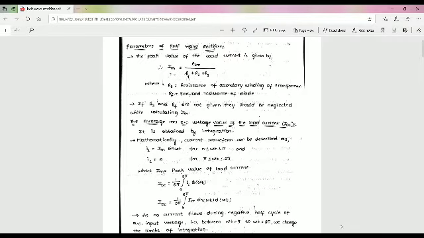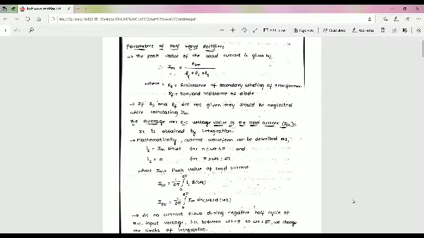Next, the first parameter: the average or DC value of the load current, IDC. It is obtained by integration, and we can calculate the DC voltage. Mathematically, the current waveform can be described as IL equals Im sin omega t. What are the limits?